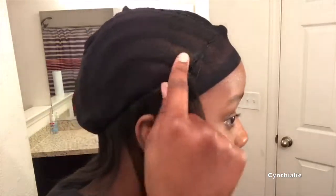I have 5 braids on each side of my hair. I have 5 on that side and 5 on that side. So I started the weave on the second one. As you can see, the first braid is right here and the second braid is right here. I started it on the second braid, and then I also ended it on the second braid. That way it like equals out, because my leave out is gonna be in the middle and I want everything to be like even out. So yeah,